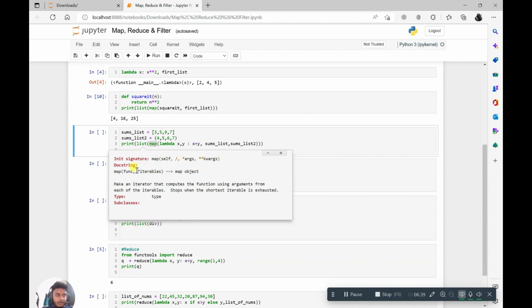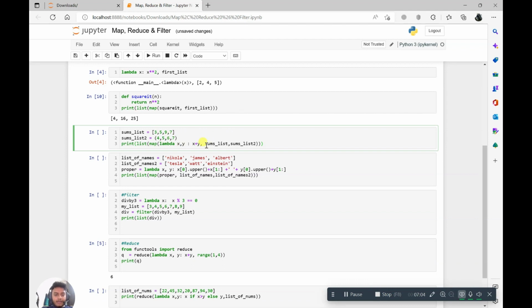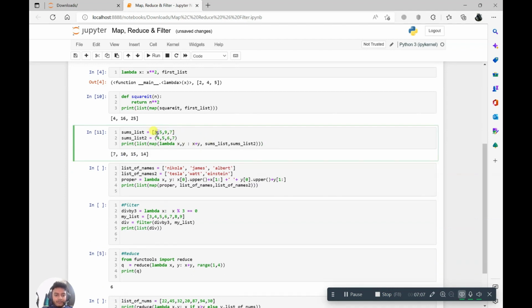Like I told you in the previous tutorial also, star means it can take n number of iterable items. You can pass n number of iterable items. That's why you can see here we have 3 parameters. Okay, first is the function, another one is a list, another one is a tuple. Now what it is doing, it is taking every element one by one and then making a sum of it. Now you can see the first item of the particular list is 3 and the first item of the particular tuple is 4. So if we sum it, it will come to 7, 5, 5, 10, 9, 6, 15, 7, 7, 14. So this is how you will be working with